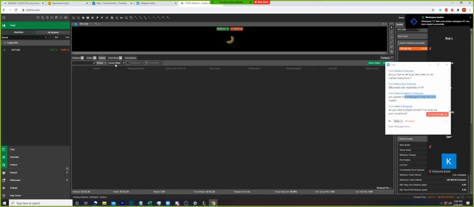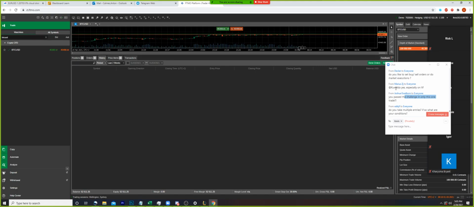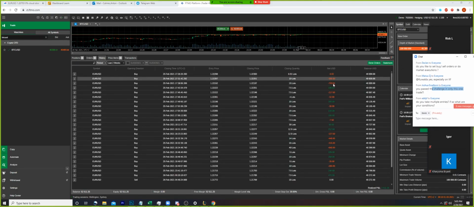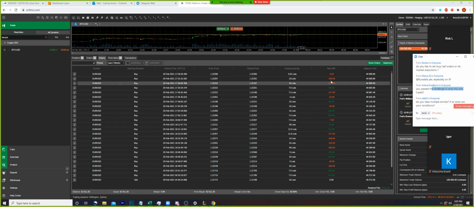So let's go from the last 2 weeks. It should be able to show it. Yeah, there we go. So you can see we had a rough start to the beginning, but that's fine. Again, we're operating on low time frames, so you're going to take losses. And again, this was a bigger risk. It was part of the same trade, but I think the spread was too wide, so it took me out